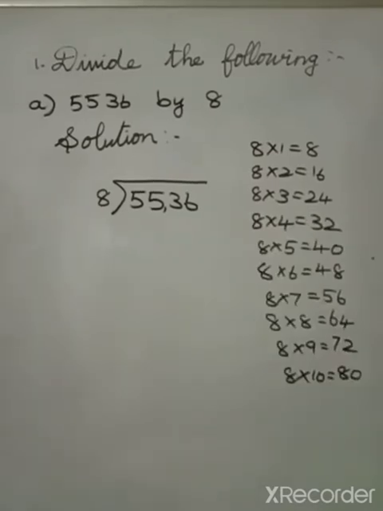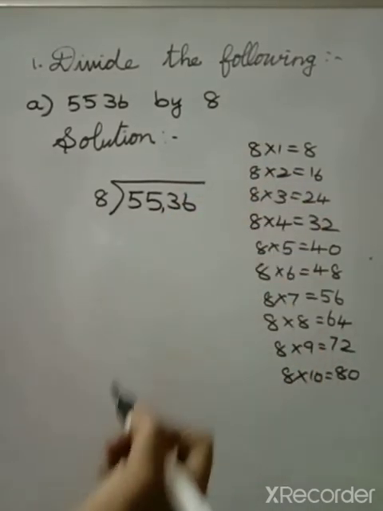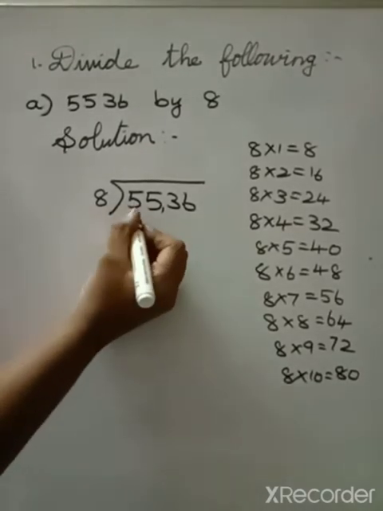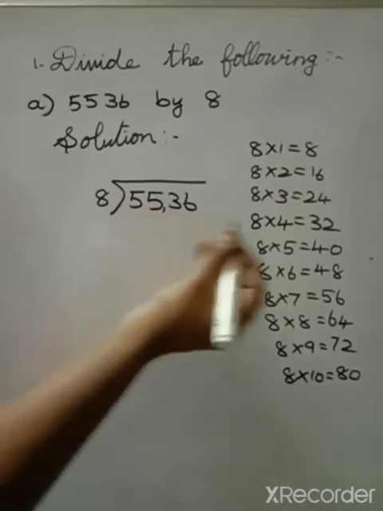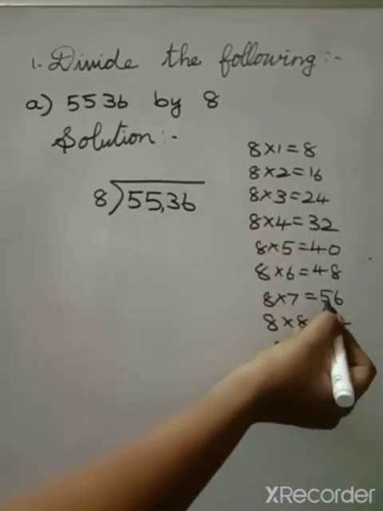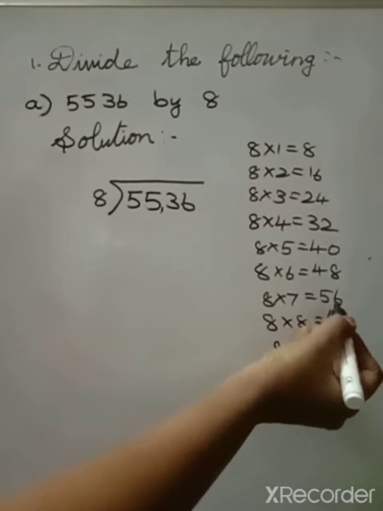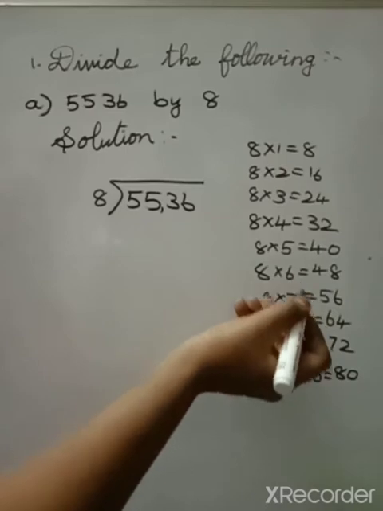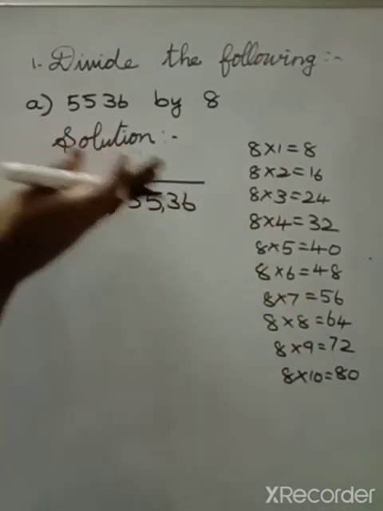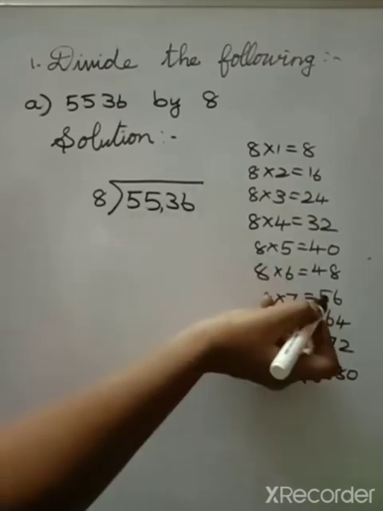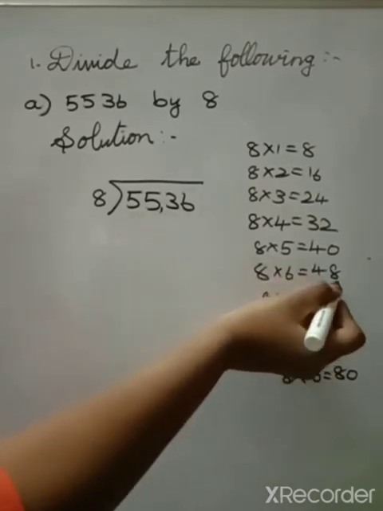Okay, now see here, if you want you can write the tables in the rough column so that it will be easy for you to do the sums. Now see here, the first numbers we have taken as 55. So see in the product side whether 55 is there. No. So the bigger number 56. What you have to do? If the number is not there, you have to take the nearest smallest number. So 56 is the bigger number. So to 55, the nearest smallest number is 48.